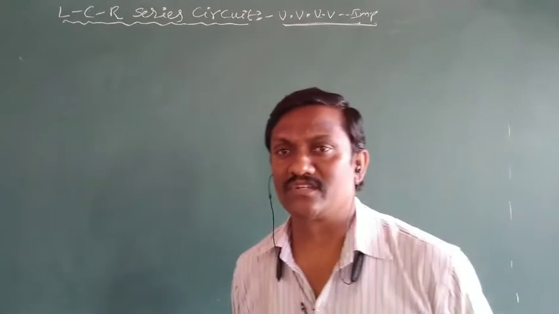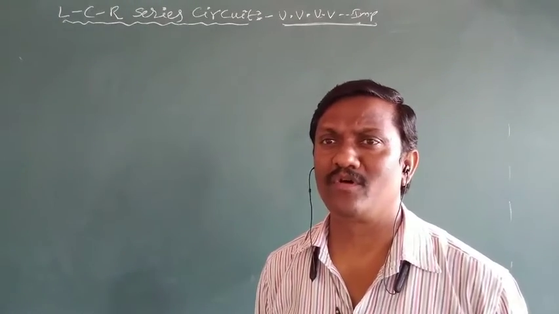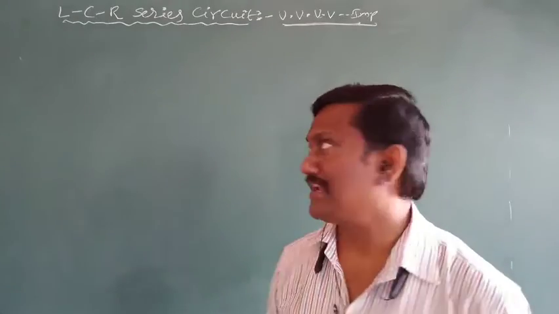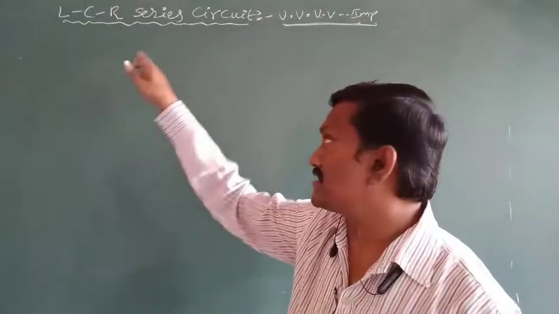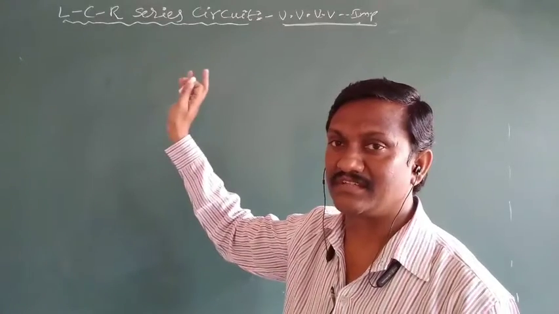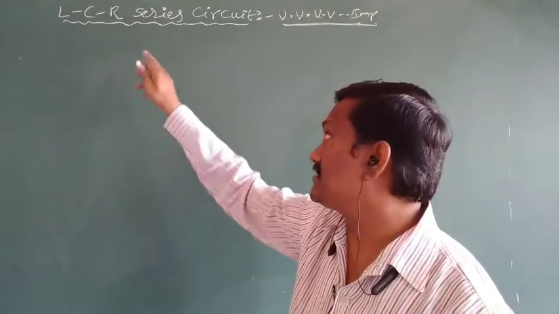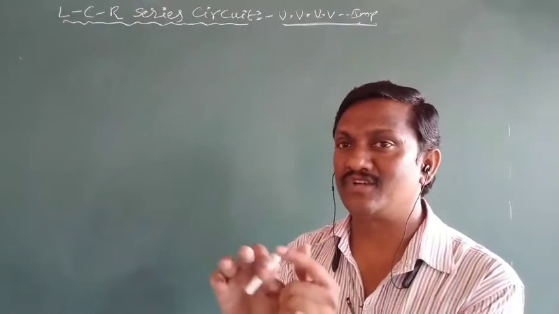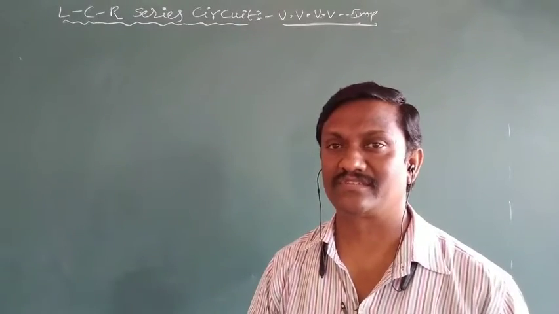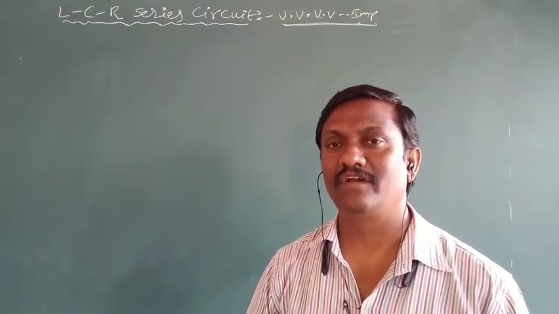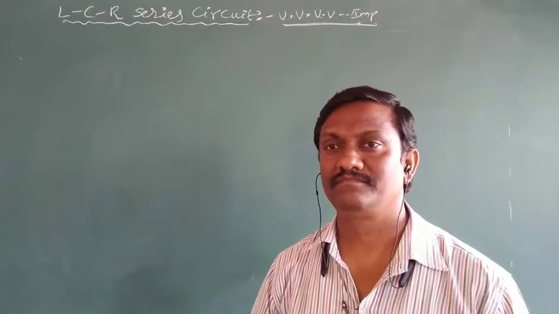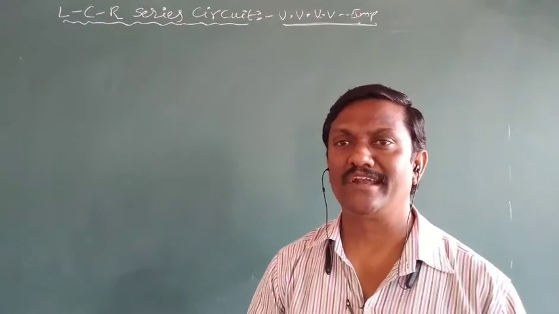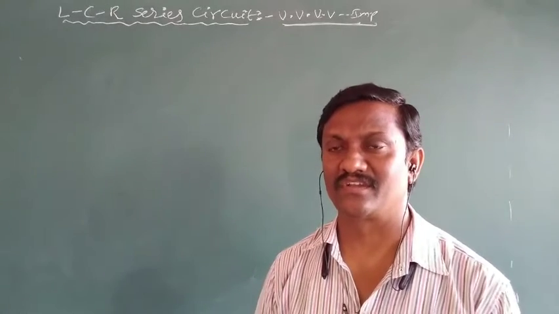Next, in AC circuits, the continuation, a very important concept is the LCR series circuit. Here L means inductor, C means capacitor, R means resistor. In the syllabus, the LCR series circuit is there. Inductor, capacitor and resistor are all joined in series at the ends of an AC source. What about effective resistance? What about effective current? What about the phase between current and EMF in the case of an LCR series circuit?